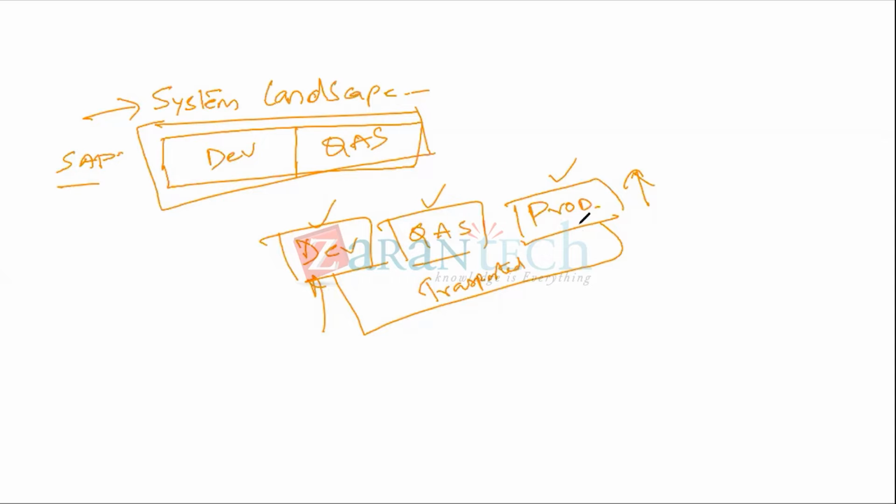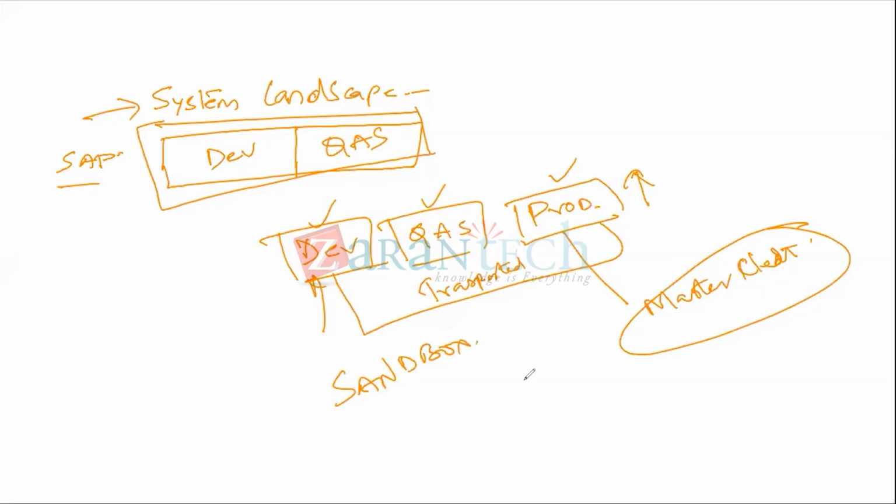To preserve this neat configuration copy, depending on the requirement, we can also make this a master client. There are different terms used for the business; I'm just using the regular terms. The intention is that this is a neat copy of the production client for configuration purposes. And also initially the sandbox, this is also one copy. Like this, based on the requirement,